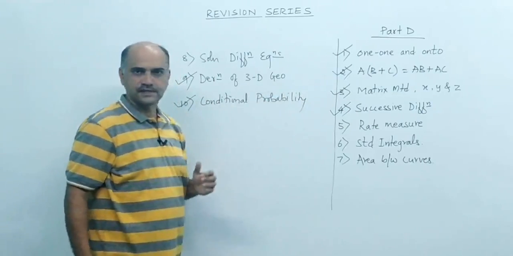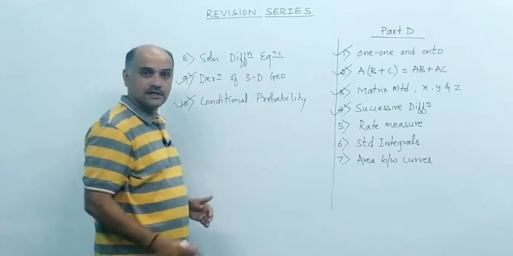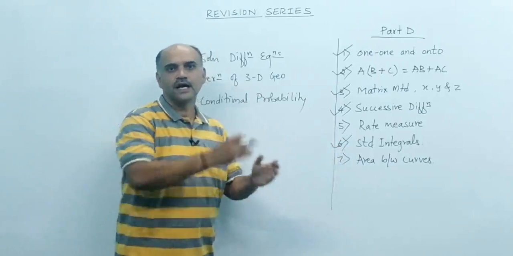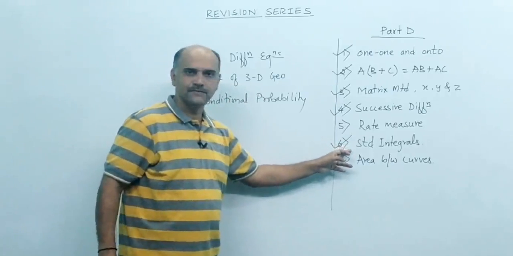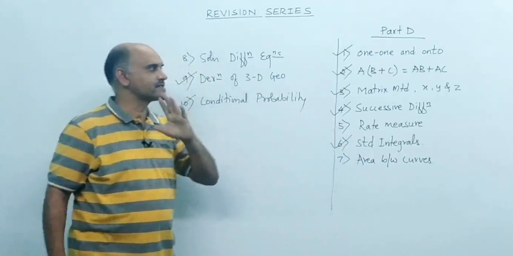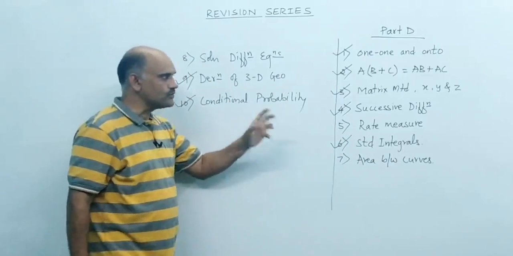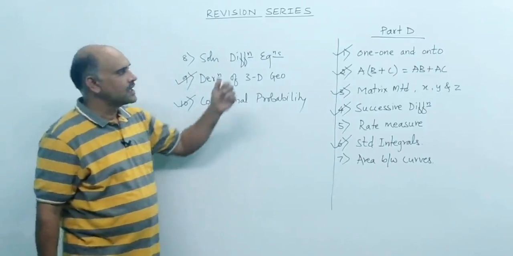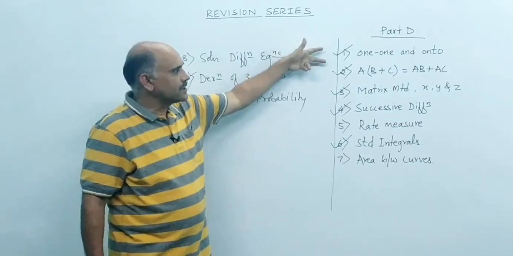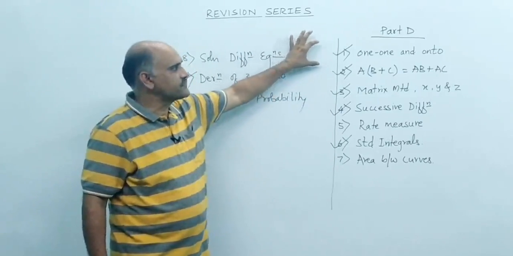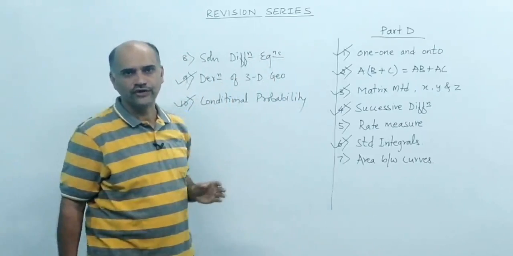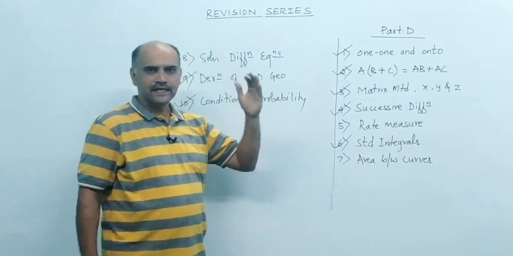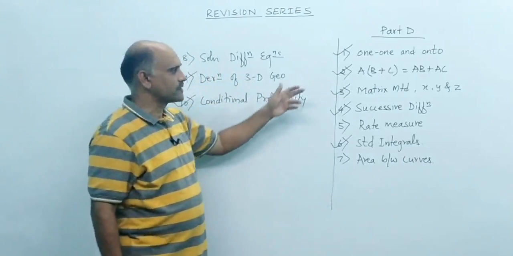So total 6. Along with this, another I would prefer is standard integrals. There are 6 derivations, and on that derivation one simple problem will be there. So 3 marks for derivations and 2 marks for a simple problem on that. Now students, in this series, in each video, I would take problems on these sections. First video I will make on one-one and onto functions. I will solve around 5 to 6 problems. Surely you will get the same type or a similar problem from that.